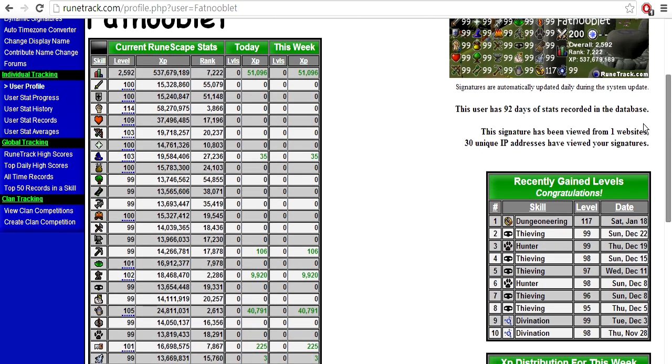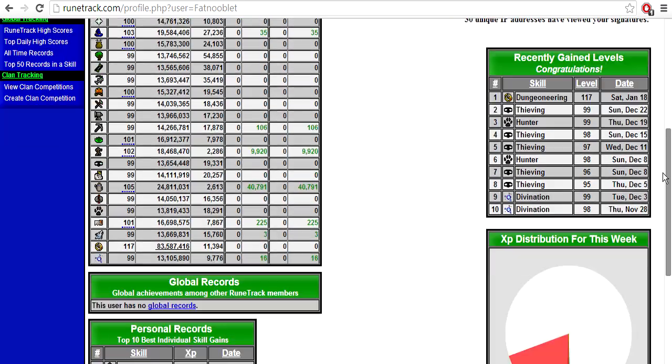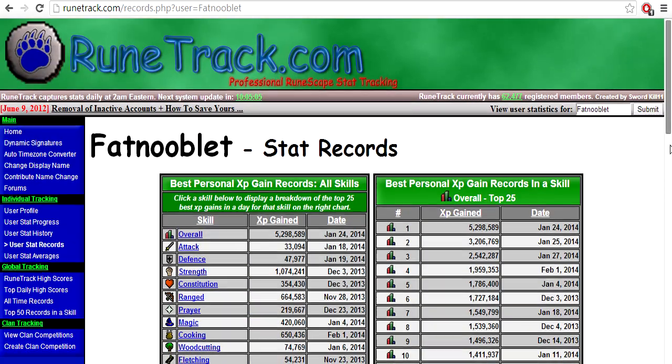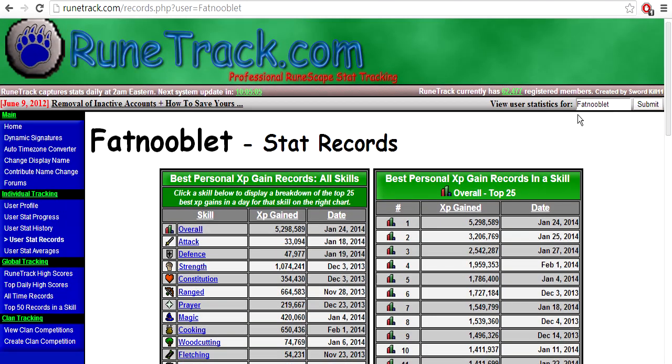It shows my progress, and it basically tells you your today gains, and then week gains, and then recent level ups and all this, and it tells you your stat records. It's really useful if you ever have goals. You can see how you're doing on that. And this is the one I use, runetrack.com, but if you don't like this website, you can also use